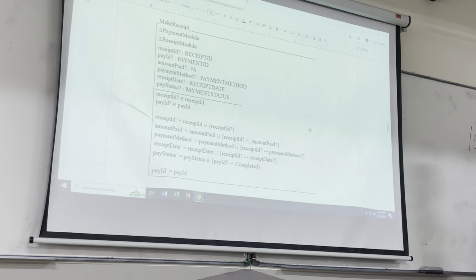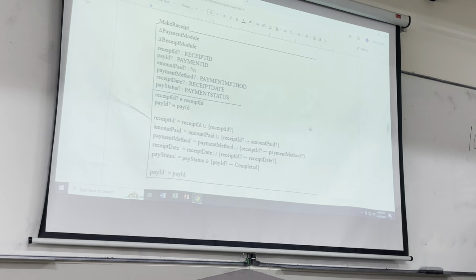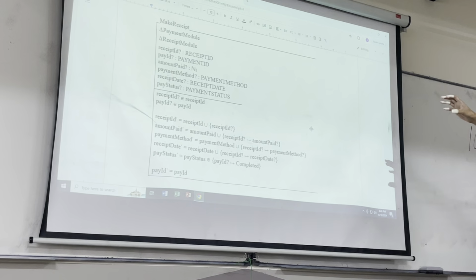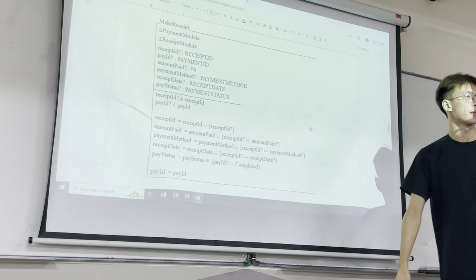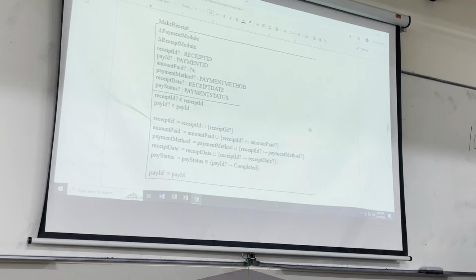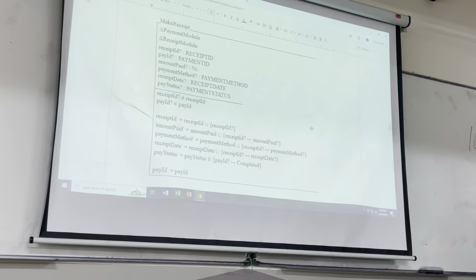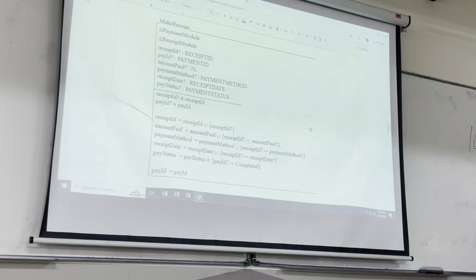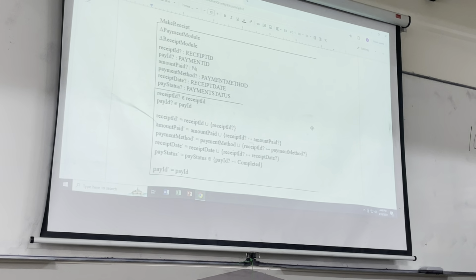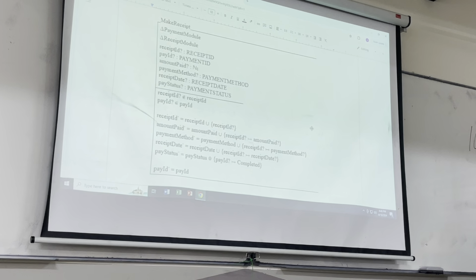Do we need to check them together? The receipt ID. No, we have, because it's making a new receipt ID. Yeah, so receipt cannot be. No, what I'm saying is the receipt ID for this payment ID does not exist as a connection, because receipt ID is not a standalone thing, right? This receipt ID is generated for this payment ID, right? So when we check receipt ID not element here,